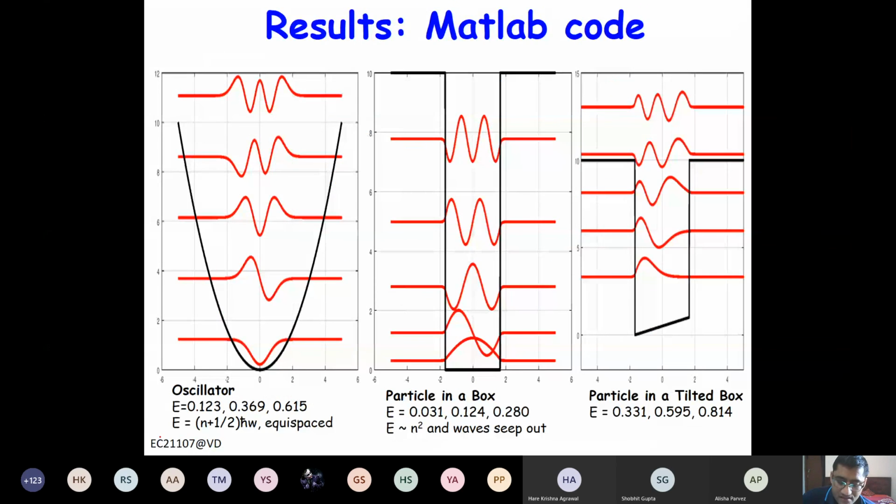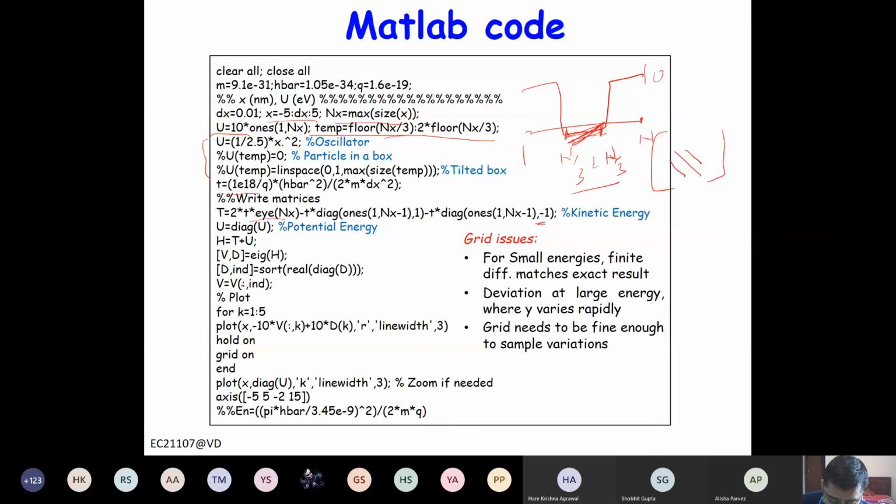Okay, so here is the waveform. For a particle in a box, you can see this is psi1, this is psi2, this is psi3, right? So 1 peak, psi2 has 2 peaks, psi3 has 3 peaks, psi4 has 1, 2, 3, 4 peaks, and these are the spacing of energy. So they are plotted with their energy. You can see here how the psi is plotted.